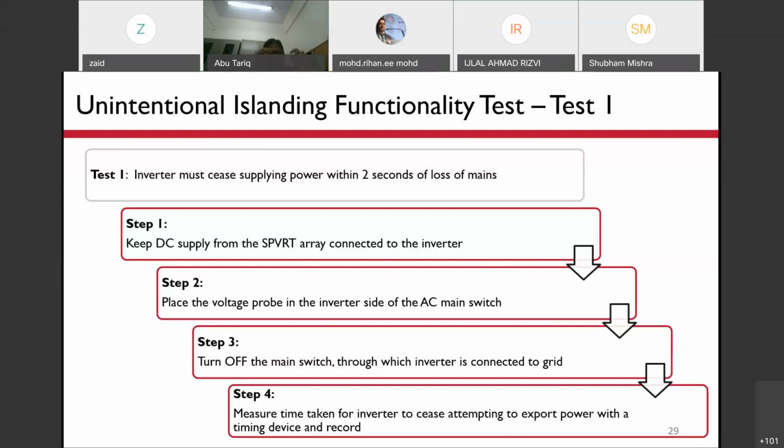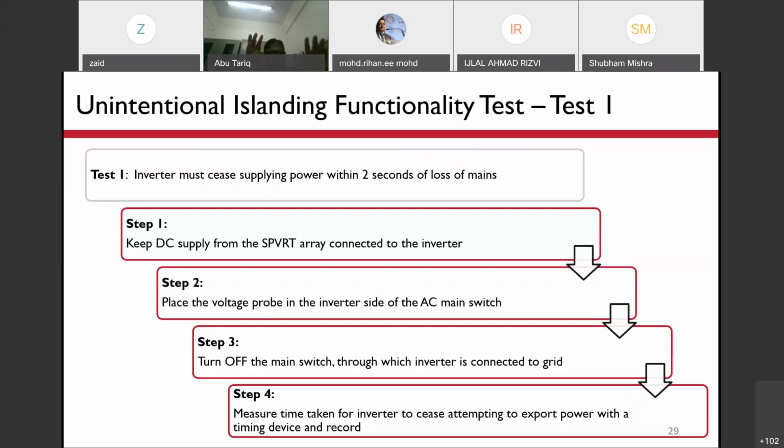Now that the supply is disconnected manually, we check what time the inverter takes to stop exporting power to the grid. It should be less than 2 seconds. The voltage output should reduce to 0 within 2 seconds.